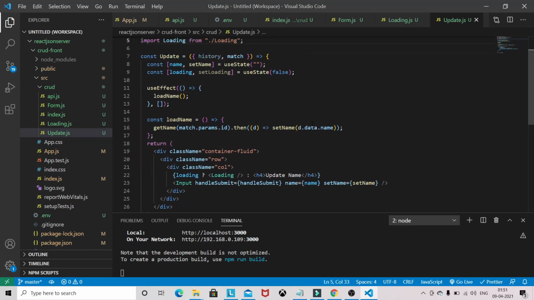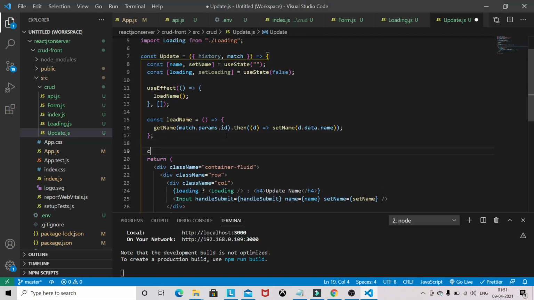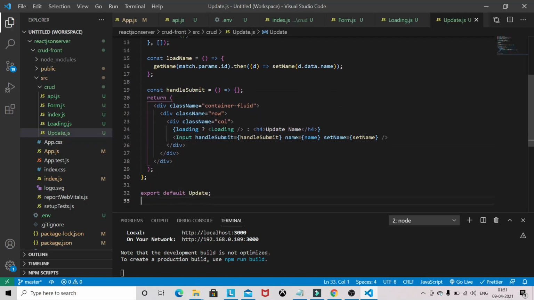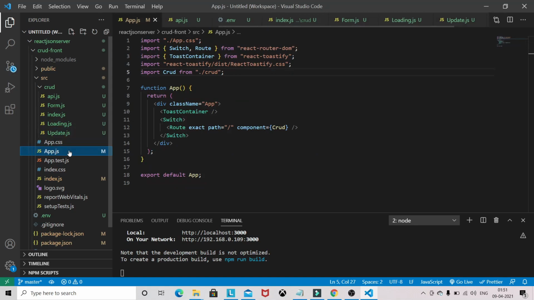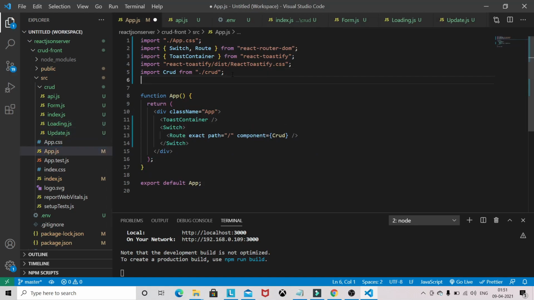And let's define that handleSubmit for now so that we don't get any error. So let's register that route first.